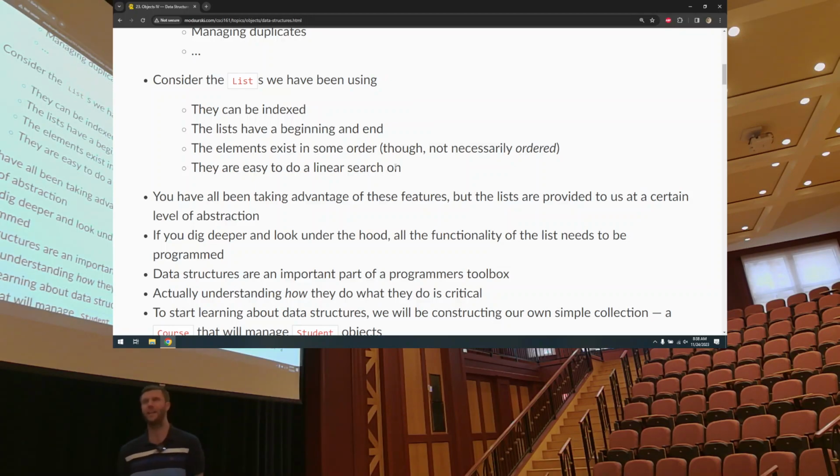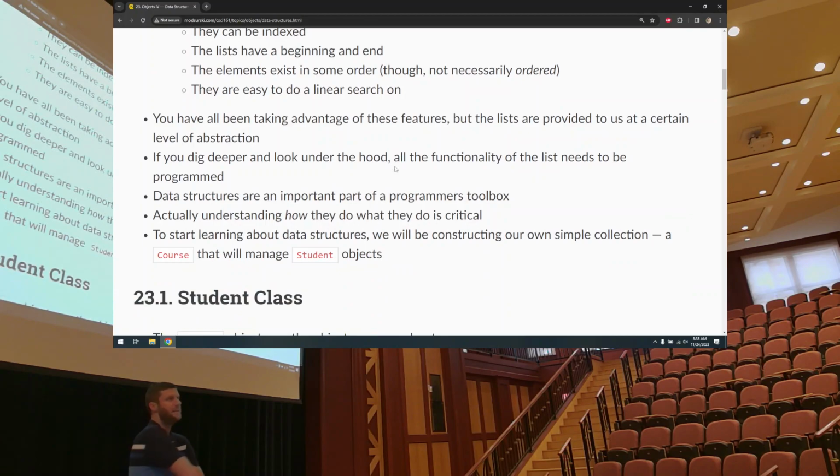And you've been taking advantage of these features, these properties of the list, that you've been interacting with at the level of this is what a list can do. But again, under the hood, there's a lot of code. There's a lot of algorithm that's in there, and it needs to be programmed. Data structures are, along with things like,